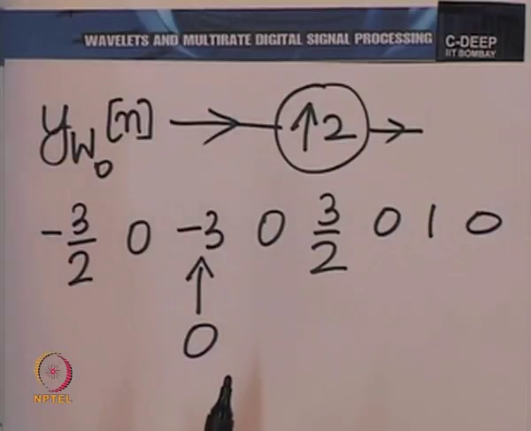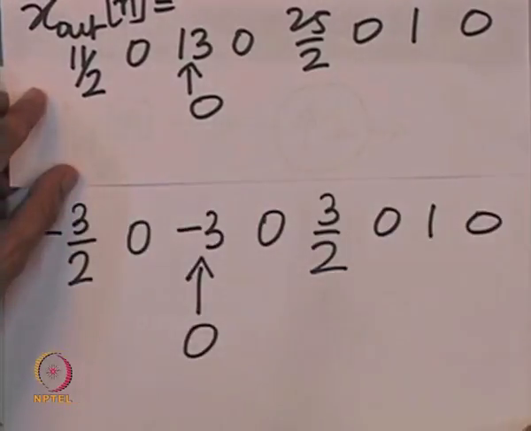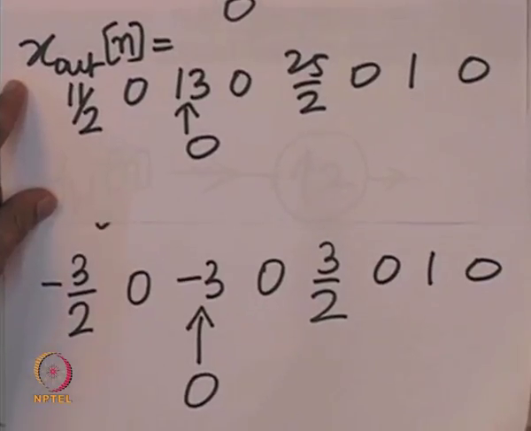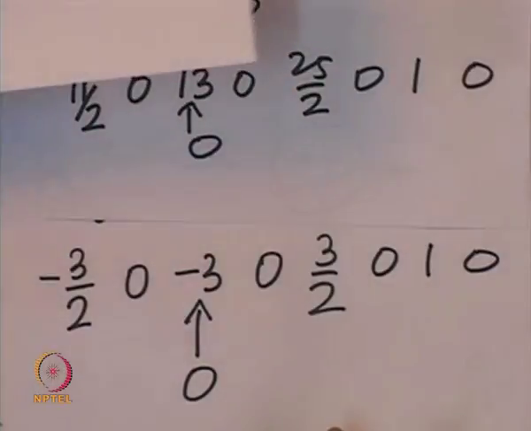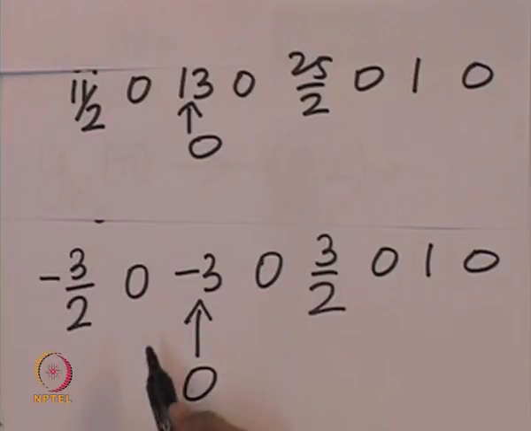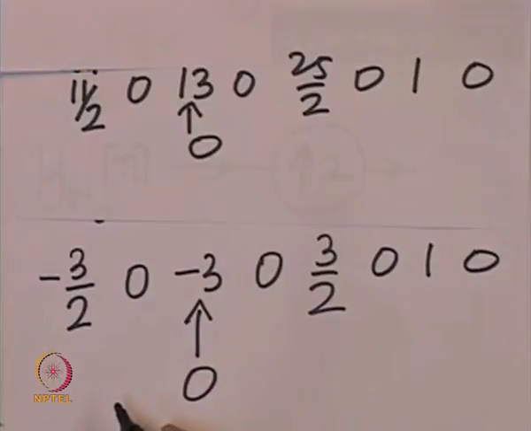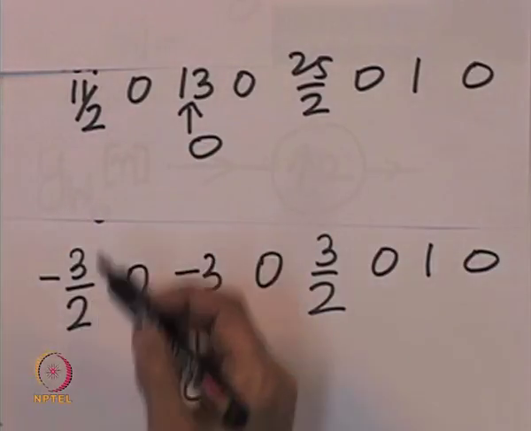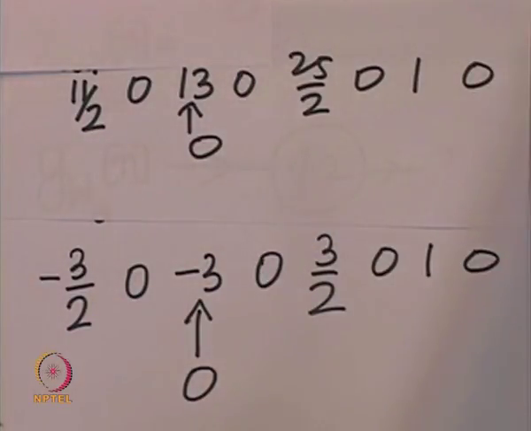So, if we simply added them, you can see, let me put them together for reference. So, I will just suppress this for the moment and let me just put them together, just these two sequences. So, in these two half intervals, now remember these actually correspond to half intervals here. 11 by 2 minus 3 by 2. In other words, when you add these, that is 8 by 2 would give you the value of y t